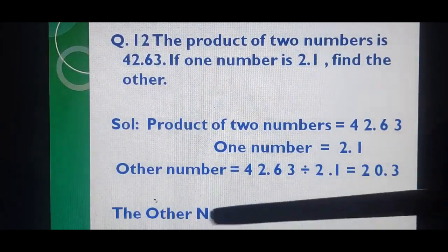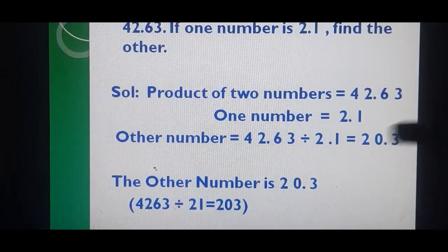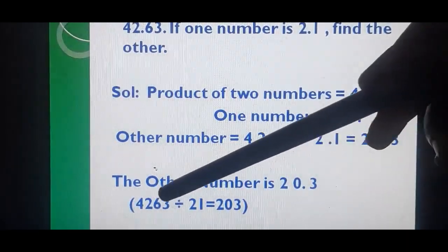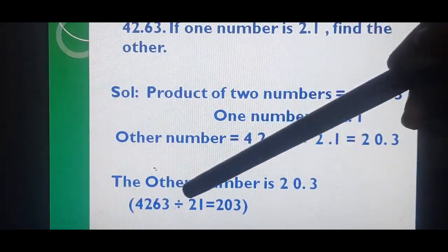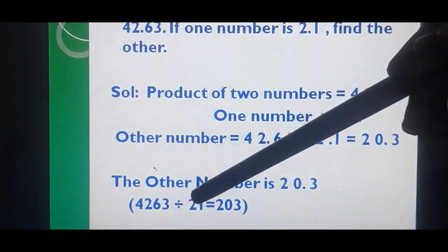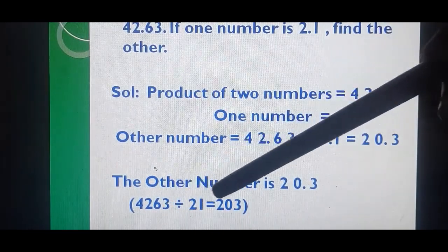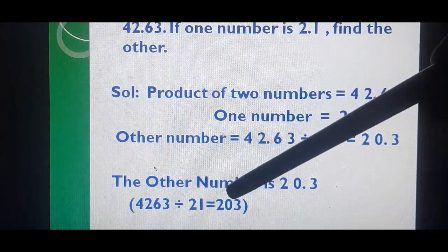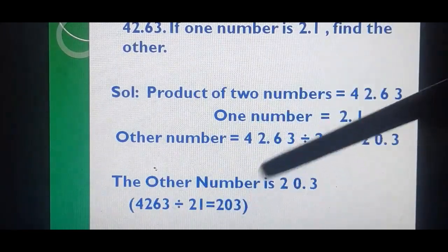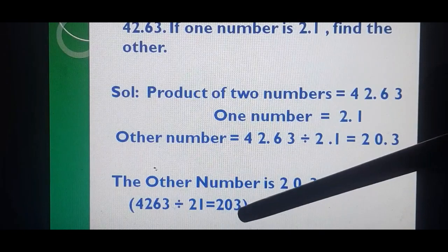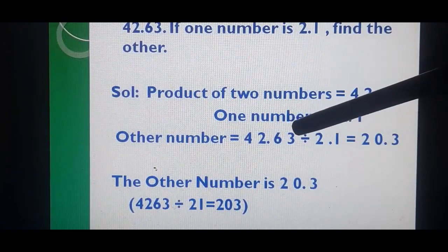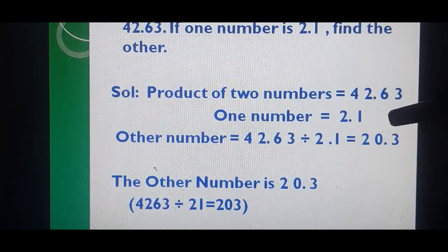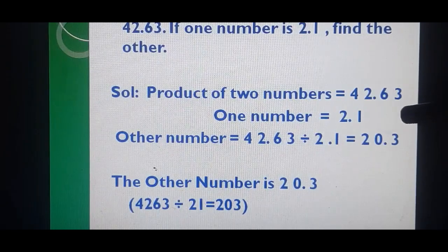If you see this division, doing simple long division without considering the decimal, 21 twos are 42. Then 6 is less than 21. We will take the next digit, so we will put 0. 21 3s are 63. So when we divide, we get our quotient, 203. Now here, 203. After the decimal there are 2 digits in our dividend. So we will put the decimal now.